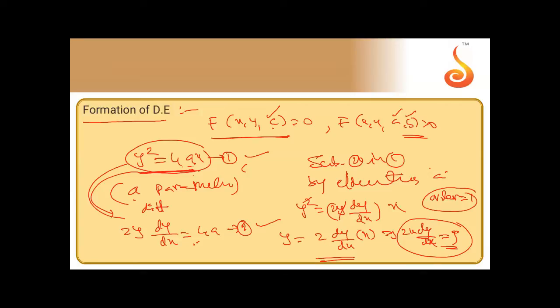How many constants are there in the given equation? That is the number of times you can differentiate. How many arbitrary constants? A constant is different from an arbitrary constant. Okay, that's the meaning of this. Because depending on its value, the curve changes. That is called an arbitrary constant. That is one equation.